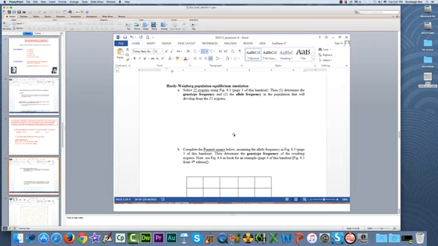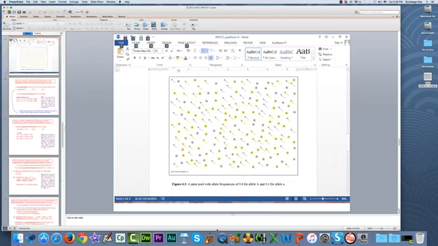Select 25 zygotes using figure 6.3, which is page 3 of this handout. Then 1, determine the genotype frequency, and 2, the allele frequency in the population that will develop from the 25 zygotes. All right, so let's take a look here at the figure, and what you see here are some cute looking little sperm and eggs, and they have either a dominant allele, big A, or recessive allele, little a.